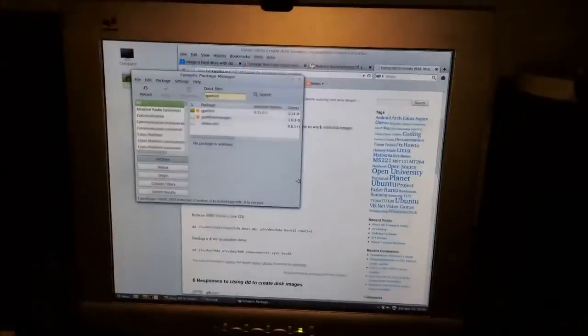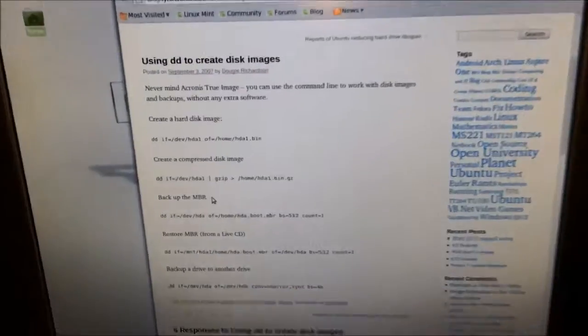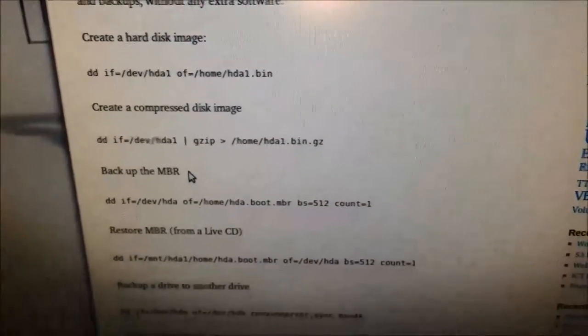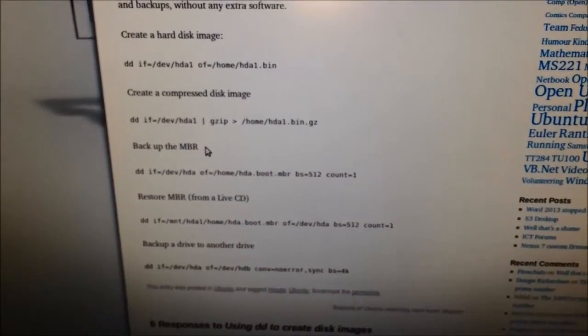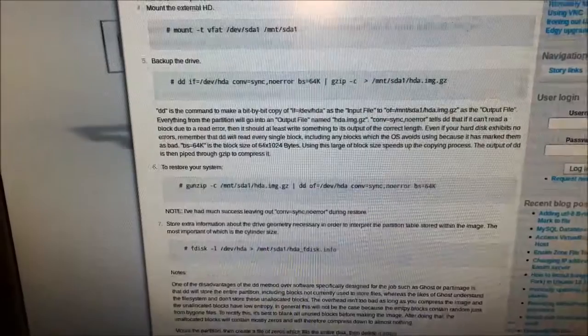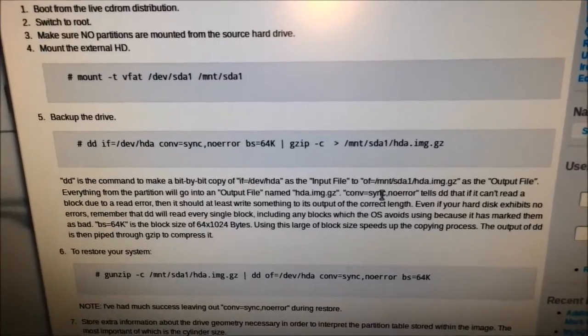I'll boot it up. I have Linux Mint 13 installed on this computer, and we're going to use that to image the drive. Now, I've just installed gparted for a variety of reasons, but the way I'm going to make a disk image is using a utility in Linux called DD. And it's built into Linux. All you have to do is enter certain commands, and you can just make a disk image. You can make .bin files, or you can make .image files, as you can see here, and you can compress them